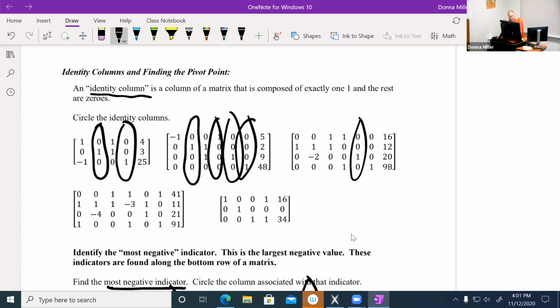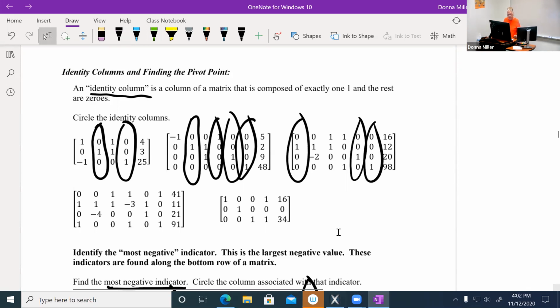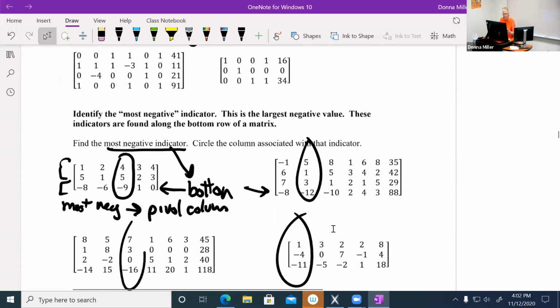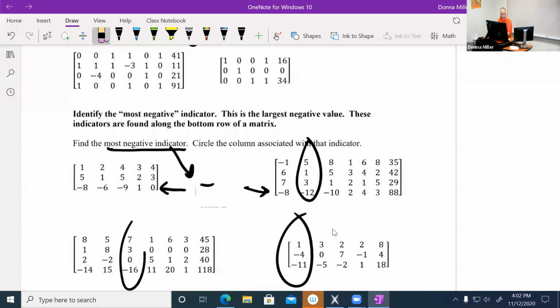This one is identity. Oh, here's 1, and there's 1, right? Those are identity columns. See how they're all zeros and 1, 1. It's okay if I skip the other two because it's the same thing. All right, now to solve a simplex problem, you're going to use this program and you're going to have